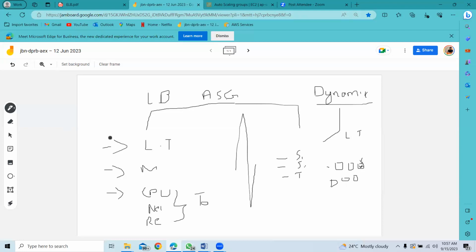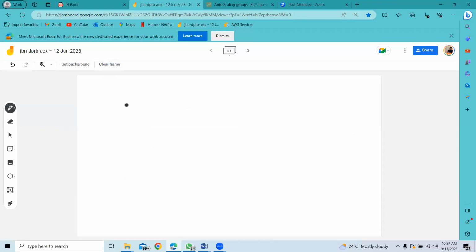So one more thing we have talked about is the difference between vertical scaling and horizontal scaling. You guys know what vertical scaling is and what horizontal scaling is. What is the limitation in vertical scaling? What could be the limitation? Cost will be high, sir. Correct. One is cost,